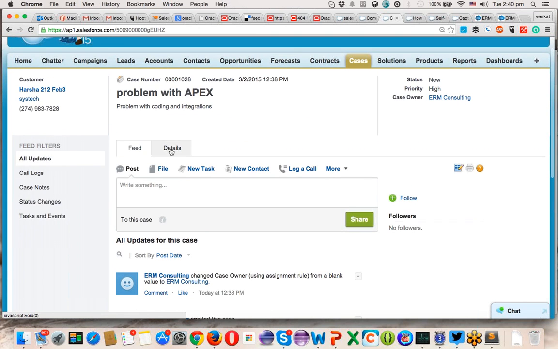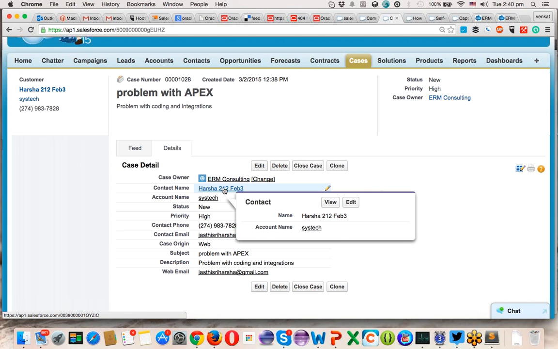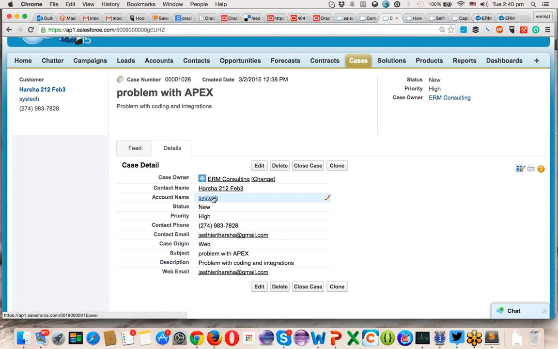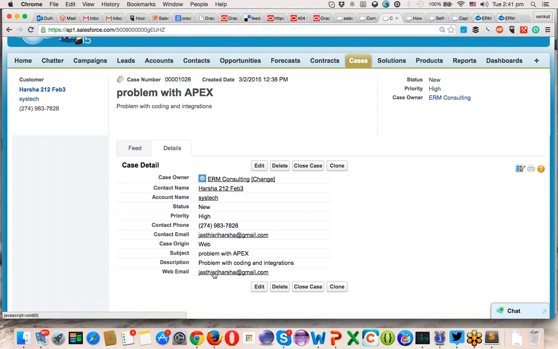Okay. And if I click on details, I can see the details, like, see, contact name is Harsha. So the name which I gave on the contact us form is not taken here. If you remember, I just gave Harsha, but the contact name here is automatically showing as Harsha21253 because the email is the important thing here. It automatically links to the particular contact. Account is Systic. This information I haven't given in my web-to-case form. I simply gave your name, email address and problem case, all this stuff. But the phone number also I gave. Anyway,